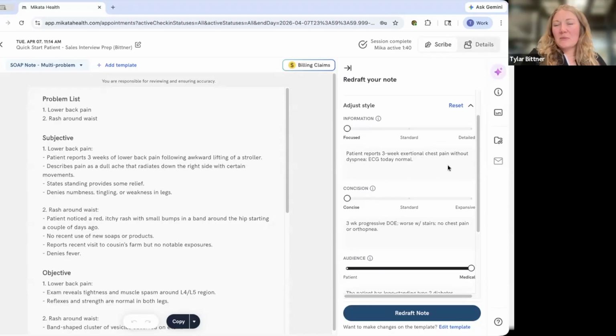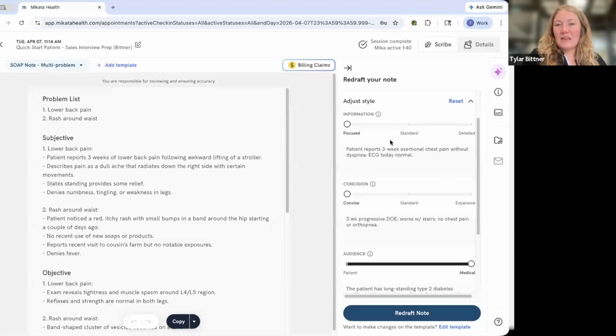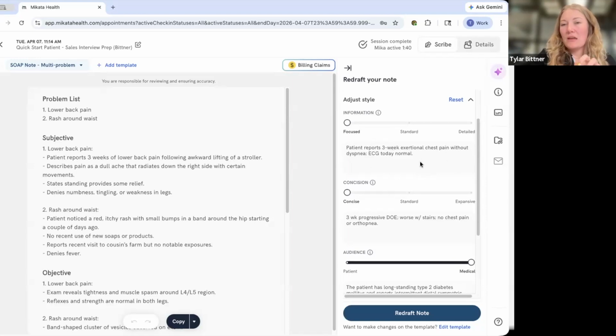So for the focused information, you can see that the example is short and sweet. You have the problem, how long it's been going on, and the test results. One important thing to keep in mind is that all of these examples are pre-input by our team and are not in any way related to your note. So it's just an example.